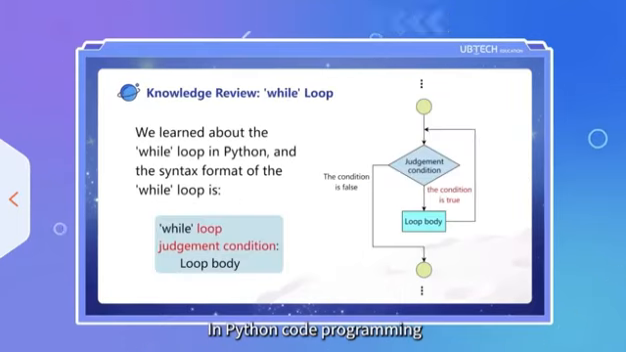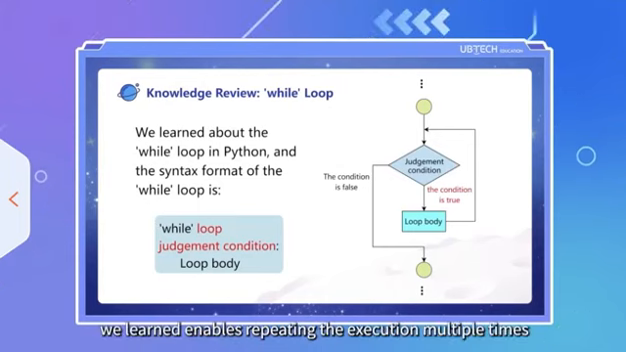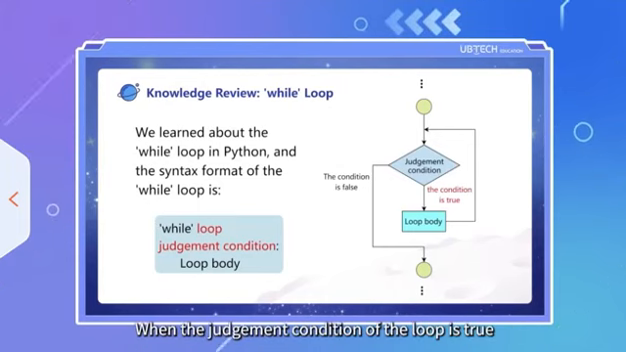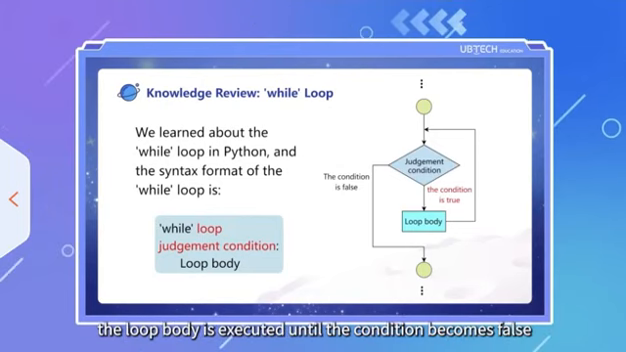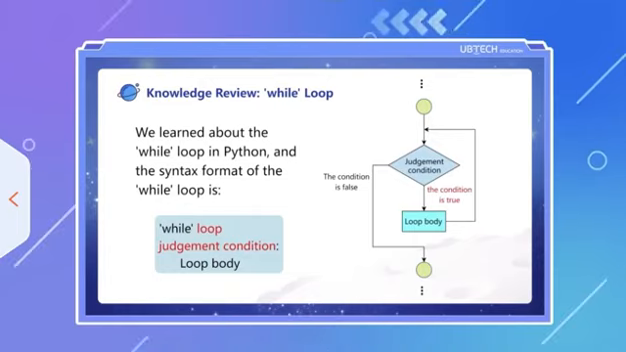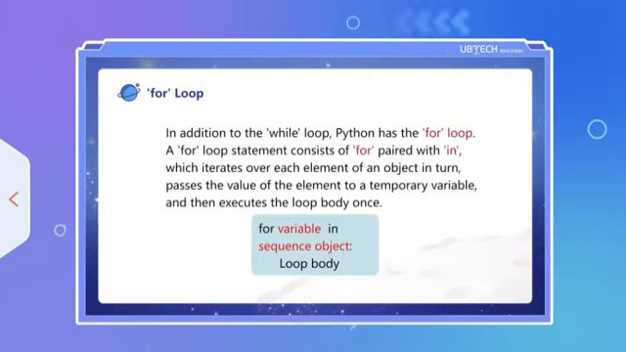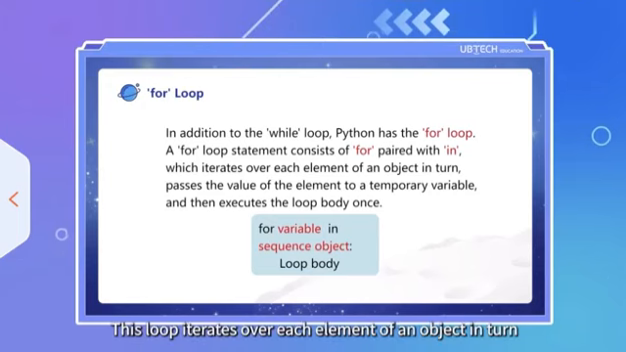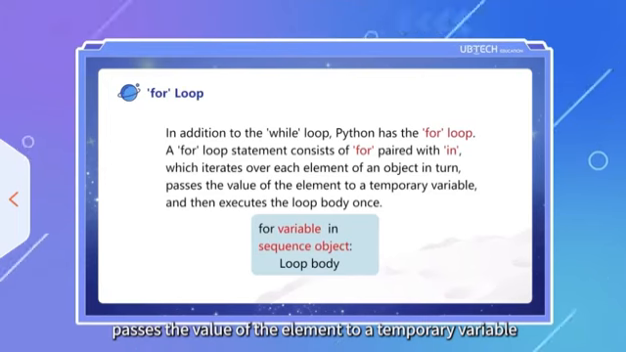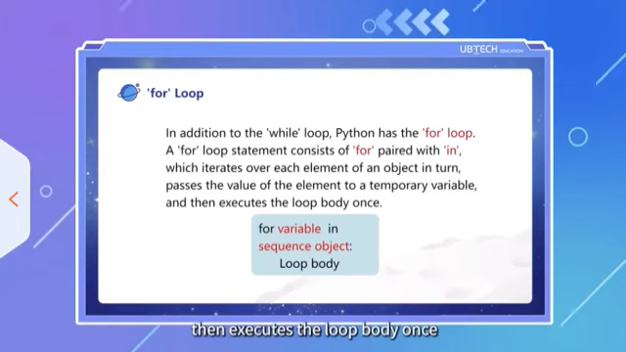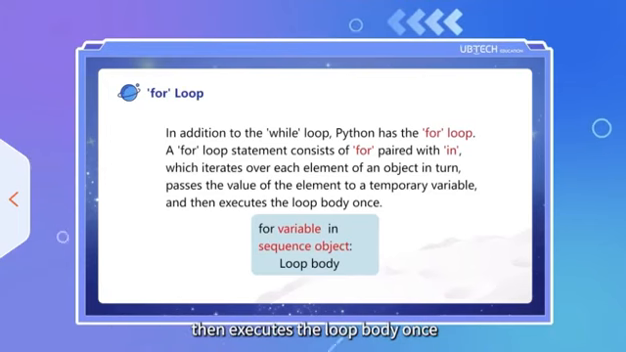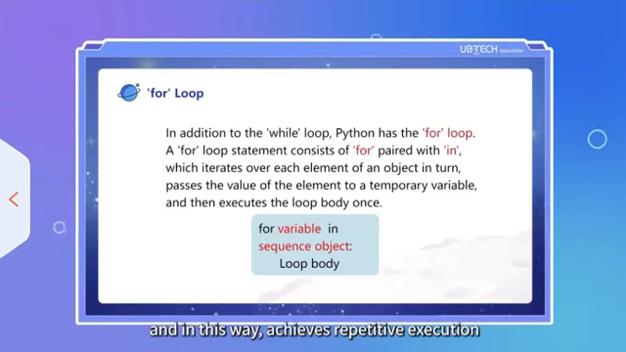In Python code programming, the while loop we learned involves repeating the execution multiple times. When the judgment condition of the loop is true, the loop body is executed until the condition becomes false and the loop ends. There's also a for loop. It consists of for paired with in. This loop iterates over each element of an object in turn, passes the value of the element to a temporary variable, then executes the loop body once, and in this way achieves repetitive